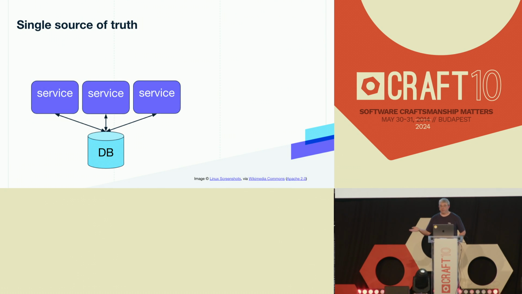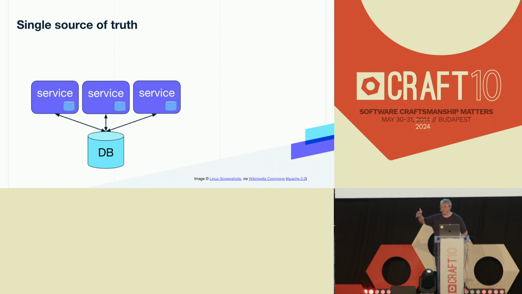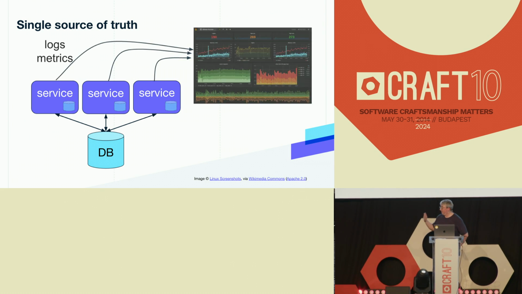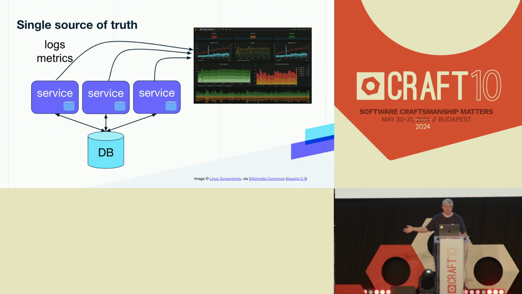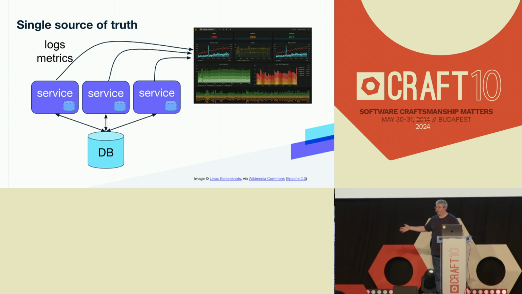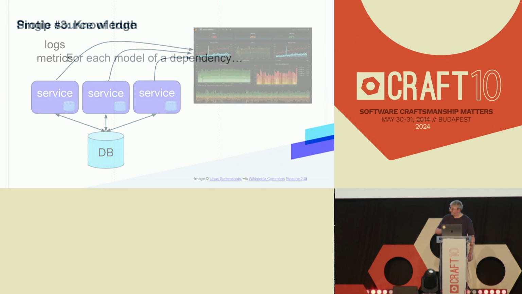And then striving for a single source of truth, right? If I have circuit breakers in all of my services, well, that's not a single source of truth, right? I have 3 different opinions about what the state of the database is. And in fact, in lots of cases, the only single source of truth is the observability system, right? This is where all of the logs and metrics arrive, and there's one place I can go look to see what is currently going on here. So these are all things for us to think about.